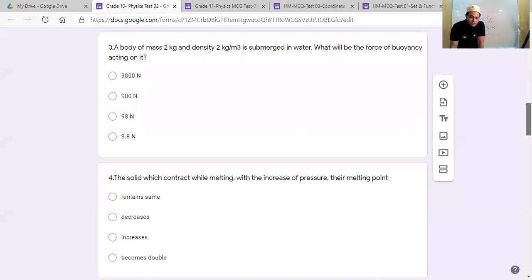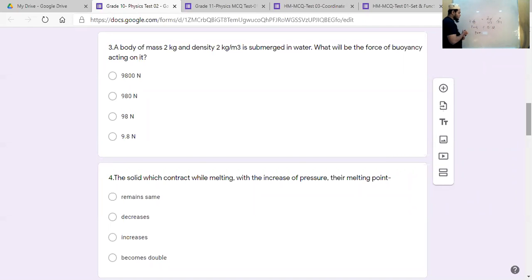Number 3 says that a body of mass 2 kg and density 2 kg per meter cube is submerged in water. What will be the force of buoyancy acting on it? We know that buoyancy is equal to rho Vg or V rho g. Okay. Now what we need is the volume of the displaced liquid. Volume of the displaced liquid is equal to the volume of the object. Now what is the volume of the object? How can we calculate? If you notice, the mass and density are given. So from mass and density,